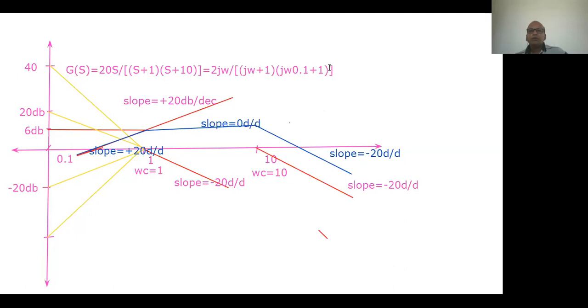Then to draw the phase Bode plot, consider omega equals 0.1, 0.5, then 1, 5, 7, 10, etc. Then calculate the resultant phase angle, that is the phase angle equals,